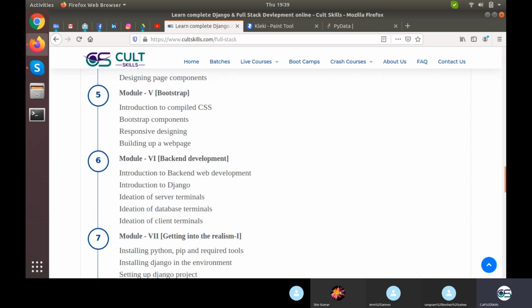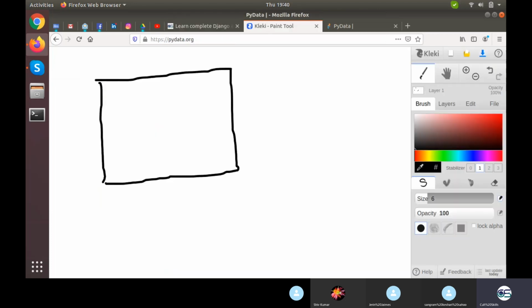So if I want to change this Django to full stack, I can easily do that in my admin panel without changing anything in the code. I cannot show you the admin panel right here, it involves a lot of passwords and all, but the thing is that it gets changed on its own whenever I change anything on the admin panel. So this is what the meaning of backend is.